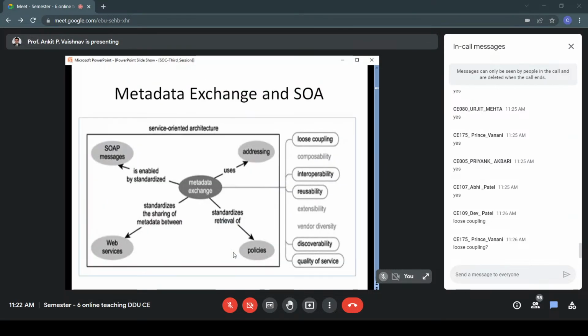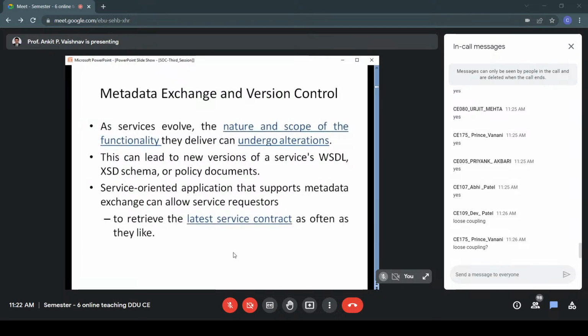The last point regarding metadata exchange is version control. It is obvious that your service will undergo changes, isn't it? Will it remain the same for 1 or 2 years? Do you think your client will be so satisfied with your implementation? No, obviously.